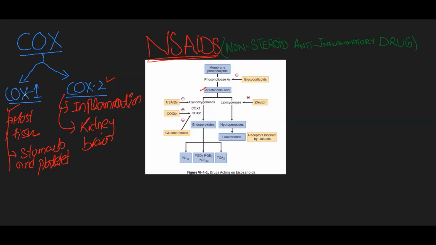So what happens when cyclooxygenase works on the arachidonic acid? The arachidonic acid is converted into endoperoxide, and this endoperoxide is converted into prostaglandins and thromboxane. The different types of prostaglandins and thromboxane have different functions. The prostaglandin functions are to maintain PDA, patent ductus arteriosus,